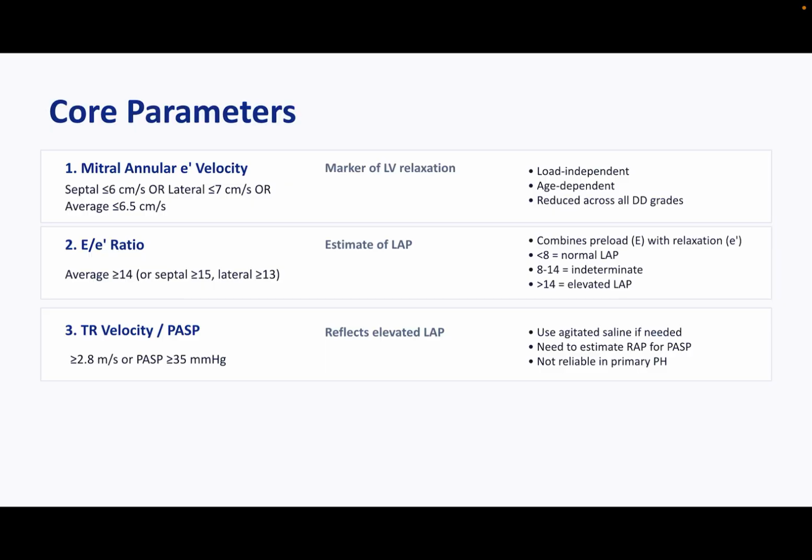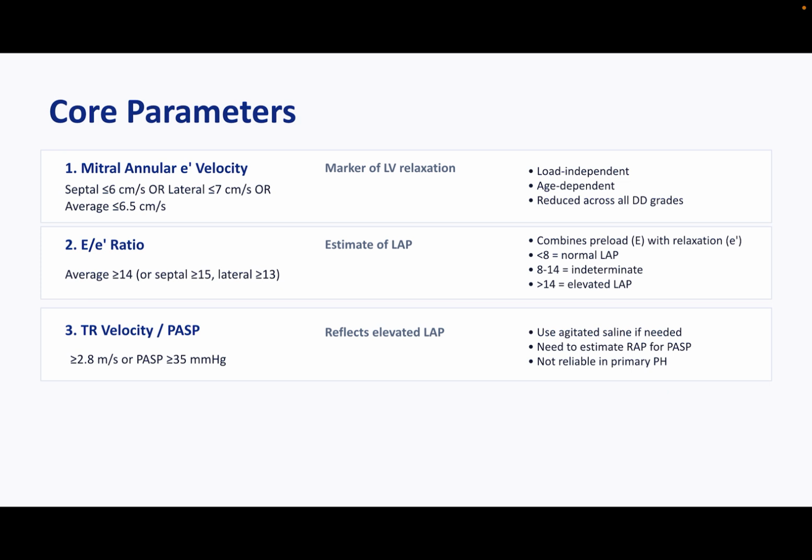Core parameters, the 3 primary variables. Now let's crystallize the 3 primary variables that anchor the left atrial pressure estimation algorithm. These 3 parameters, E prime, E to E prime, and TR, pulmonary arterial systolic pressure, are the first line decision makers. Parameter 1,